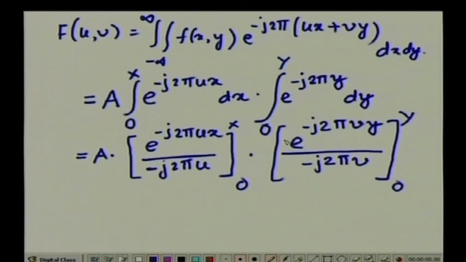And if you compute these two limits, you will find that it will take the value A capital X into capital Y